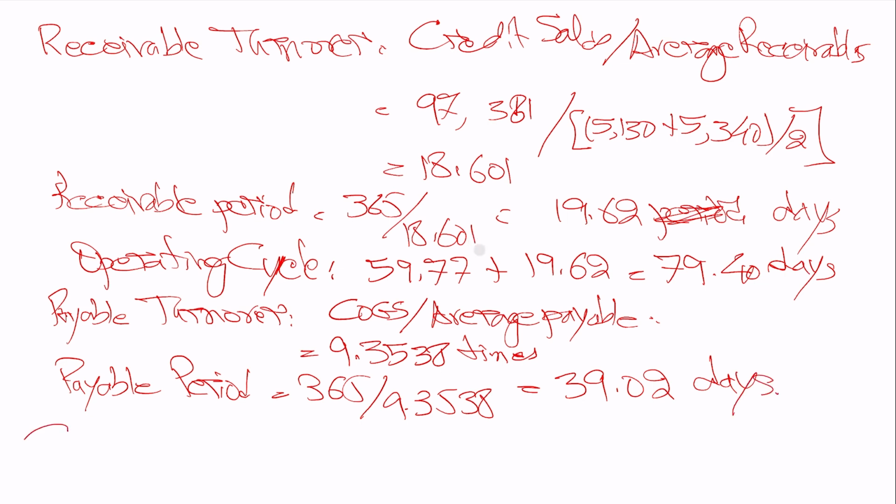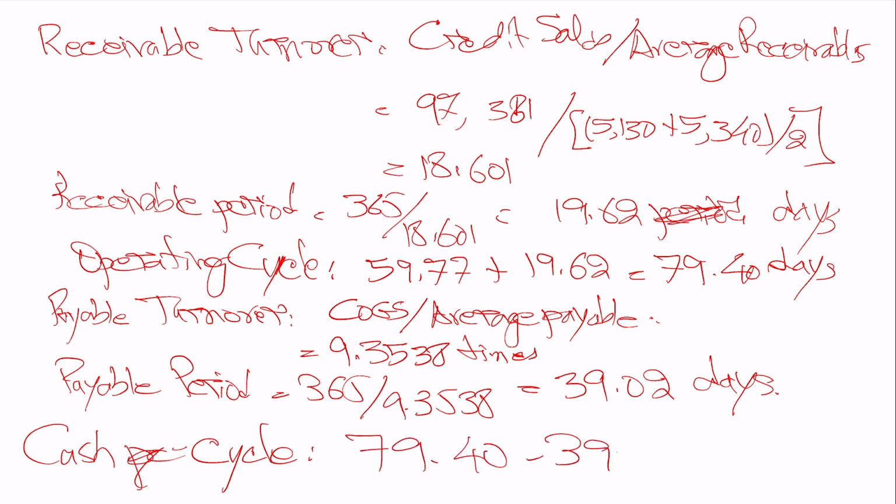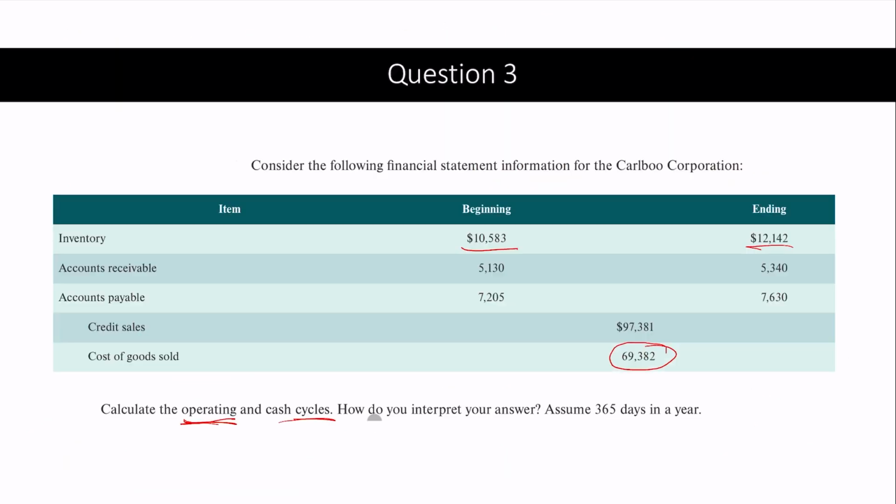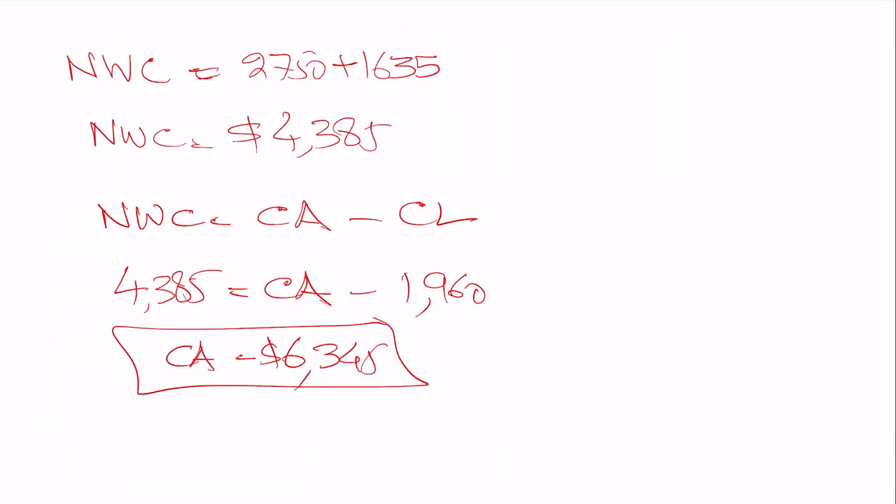And if we want to find out the cash cycle, 79.40 minus 39.02, so we can see the cash cycle is 40.38 days. So by this way, I wanted to explain some questions practically to show you,